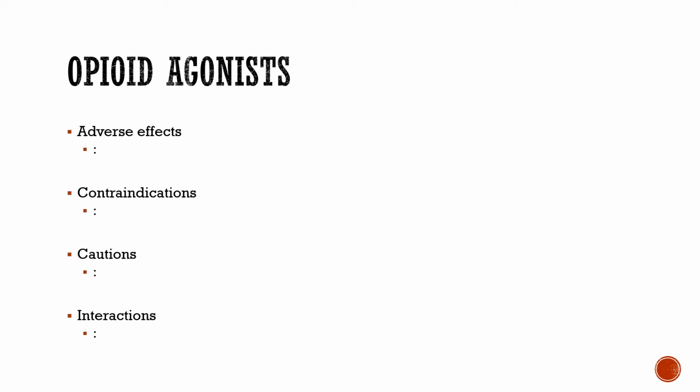Adverse effects. We just talked about constipation, and certainly we need to keep that in mind. Urinary retention, we need to keep that in mind. But the most pressing, the most concerning adverse effect, the one that you absolutely have to check every time before you give it, is respiratory rate. It can depress respirations and also cause sedation. So if you're having to wake someone up, and every time you wake them up they say, oh, I'm a 10, and then they fall right back to sleep.